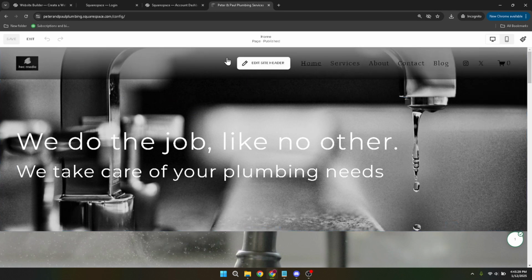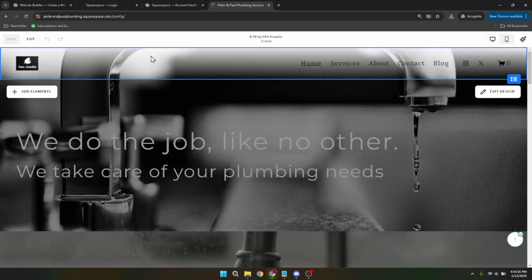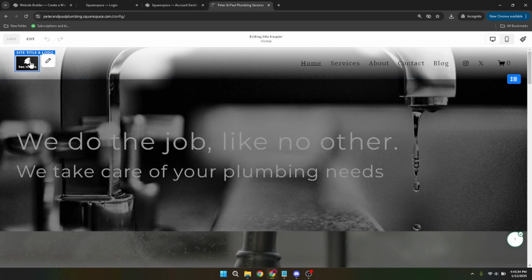Look for a button or a tab labelled Edit Site Header. This is typically displayed prominently because it's a common area for making initial changes to your website's look. Within the site header settings, you're going to concentrate on the site title and logo section. This can usually be found towards the top of your settings options, and it's where most of the visual identity